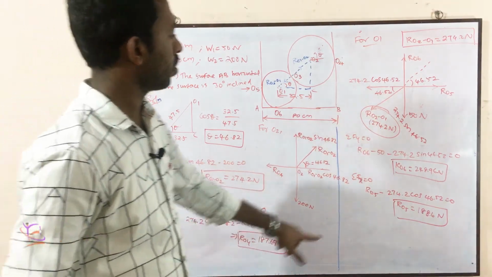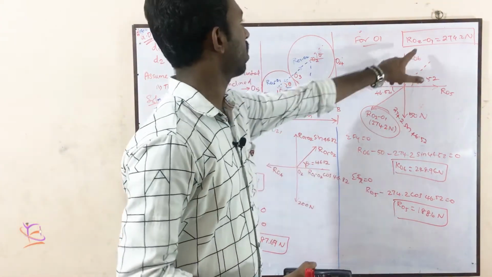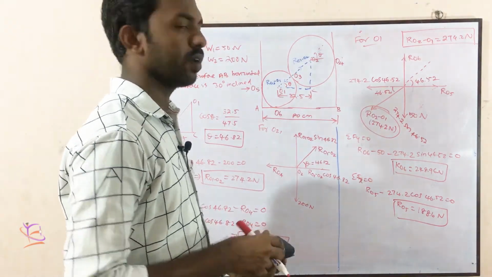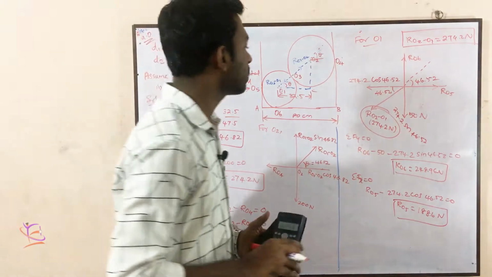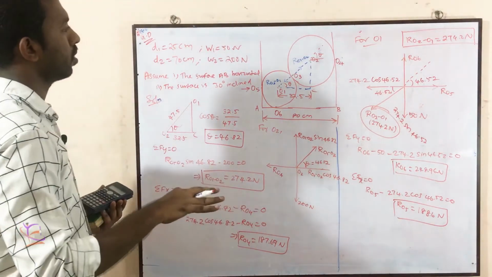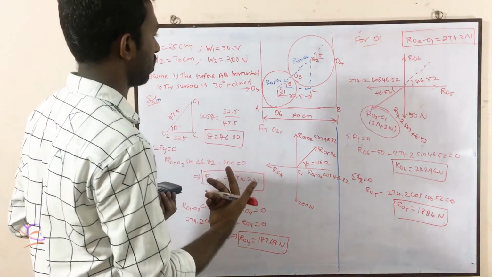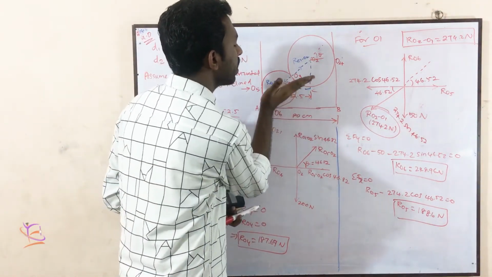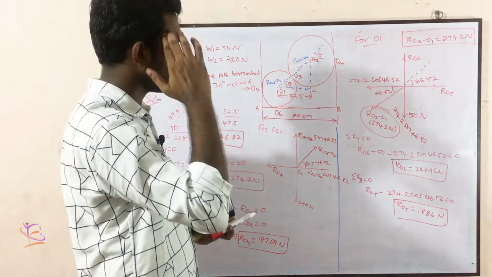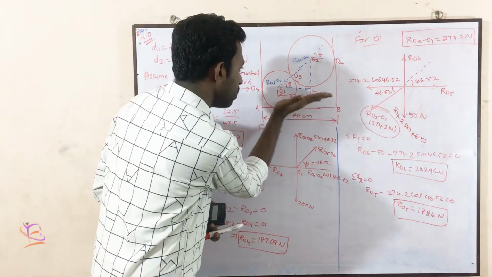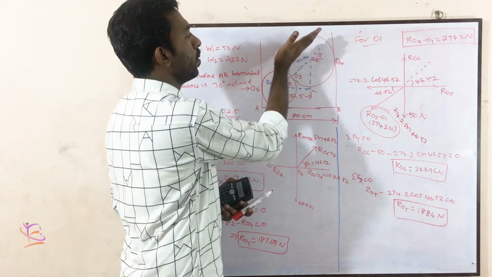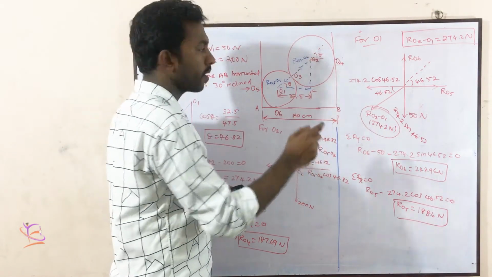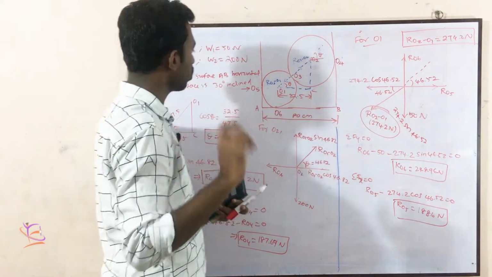Okay. So finally, R04 is there, O6 is there, O5 is there, R01, O2, R02, O1. Everything was calculated. Okay, first case. So the first condition is over. Now we are moving to the next condition. So the next condition means this AB will be inclined to 30 degrees. Just think of that. If this AB is inclining 30 degrees, everything will be moving in the upward direction. So there is no change for this O2.